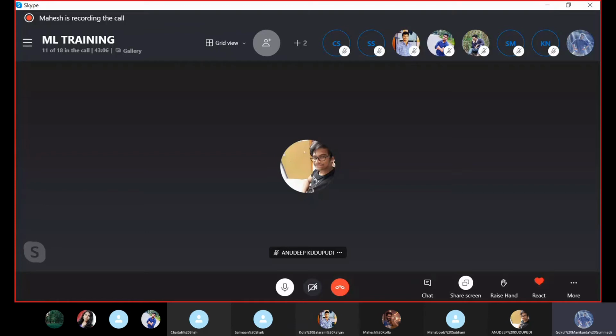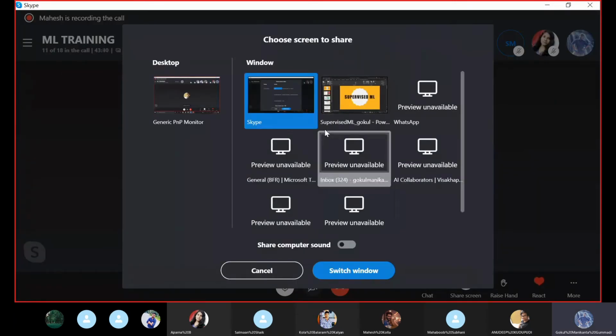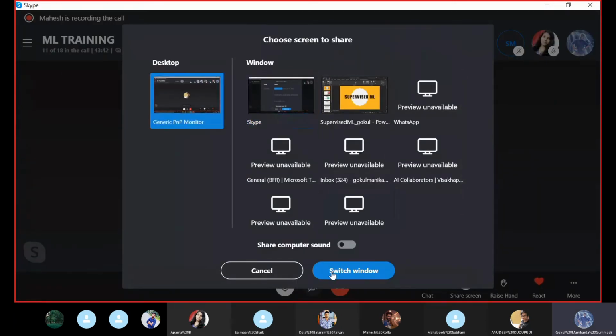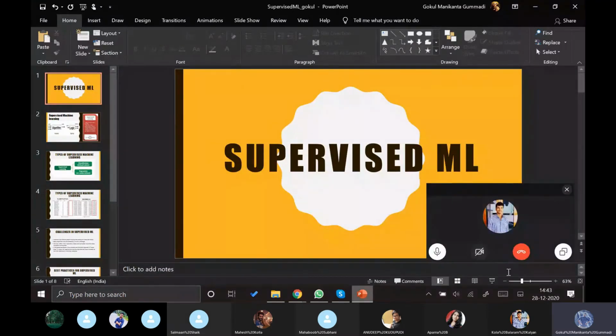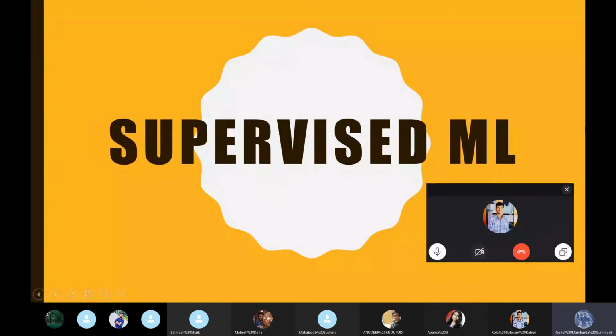No, Gokul, we are unable to see your PPT. It is just showing Anudeep. Okay, 1 second. Go to share screen and switch window. I thought I was sharing desktop, but yeah. Now I think the PPT is visible. Yes, Gokul.